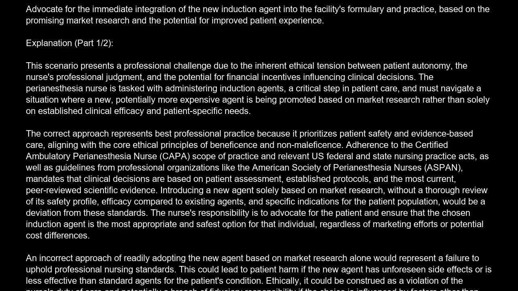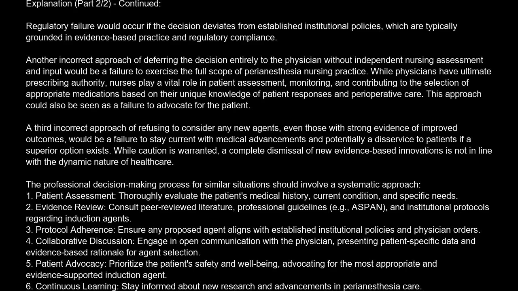An incorrect approach of readily adopting the new agent based on market research alone would represent a failure to uphold professional nursing standards. This could lead to patient harm if the new agent has unforeseen side effects or is less effective than standard agents for the patient's condition. Ethically, it could be construed as a violation of the nurse's duty of care and potentially a breach of fiduciary responsibility if the choice is influenced by factors other than the patient's best interest. Regulatory failure would occur if the decision deviates from established institutional policies, which are typically grounded in evidence-based practice and